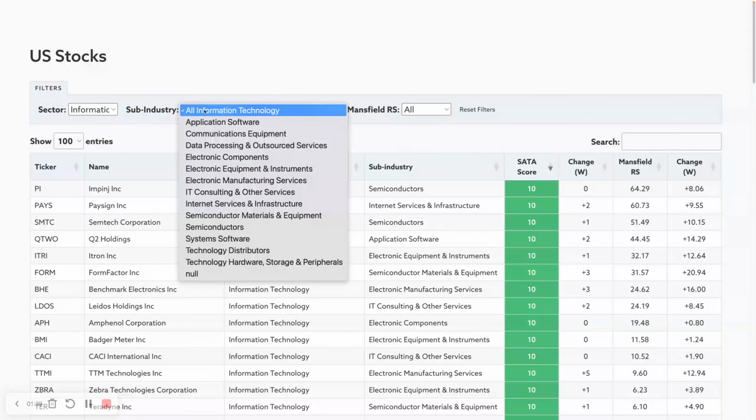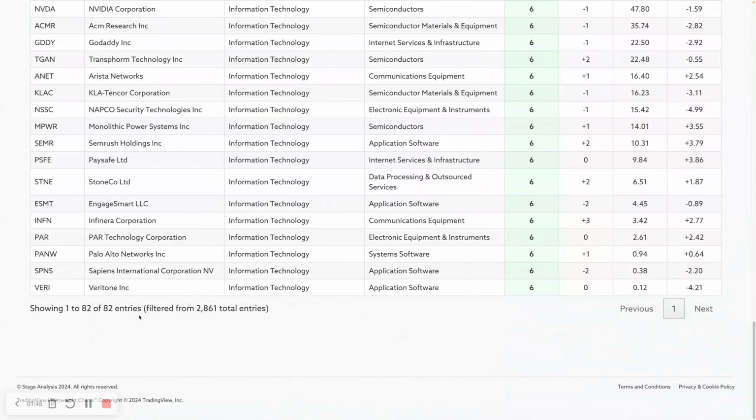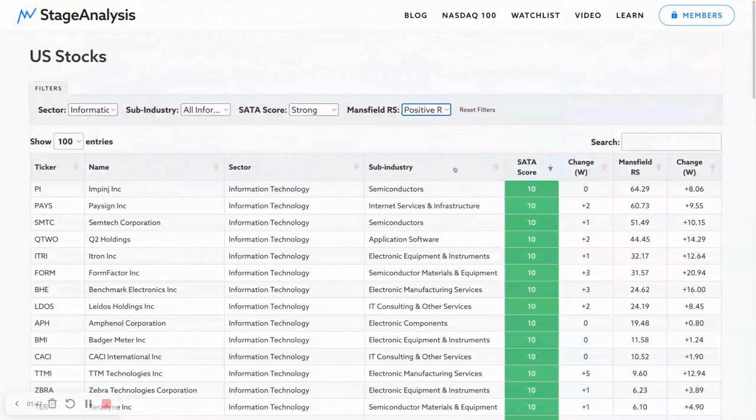So you could break that down further by the individual groups or by relative strength. If you only want to see positive relative strength, then you can see we've only got 82 with positive relative strength. So